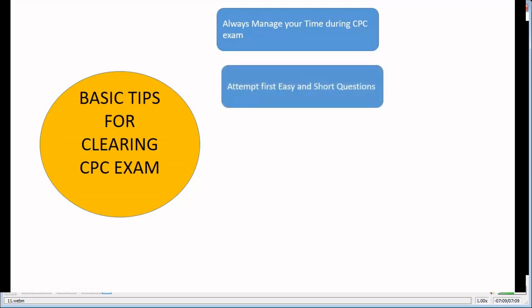So there are two types of questions in exam. Either it will be very easy, like one line or two line, but there will be some questions more than 4 lines, 5 lines, which take time to answer. So I would only suggest coders to first go through the easy questions, which are very short and easy to answer, and then only move to the difficult questions. This way you can save your time.